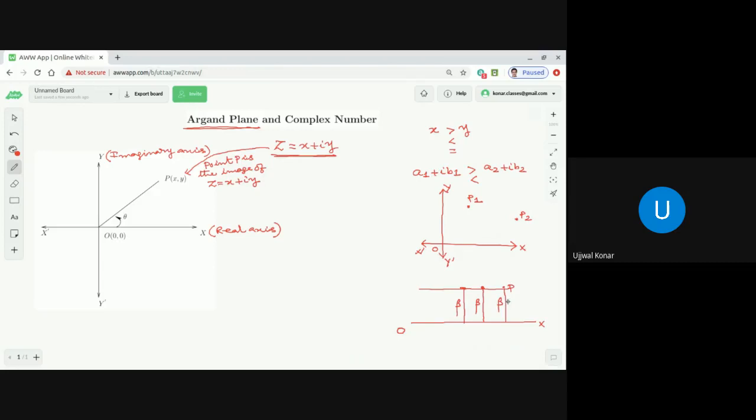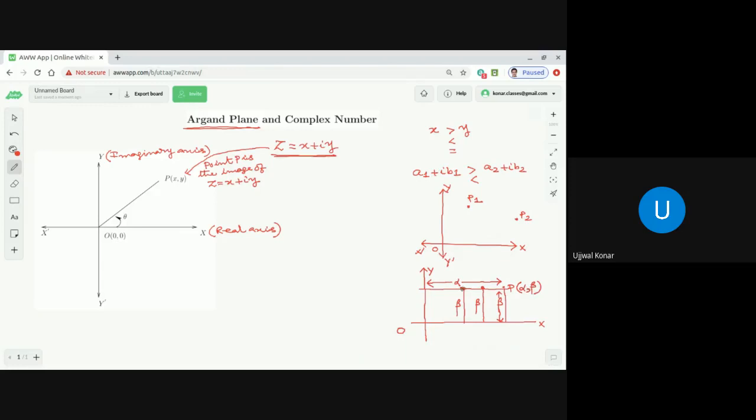Then what do we need to say? We need to say one more piece of information. And that information is that, at the same time, it is at a distance alpha units from the y-axis, which means another line perpendicular to the OX, which we define as the y-axis. So if we say this distance is alpha, correct, dear students, and this distance is beta, then it is uniquely represented. So what will be the coordinate? Its coordinate will be alpha comma beta. That is the way we know about the coordinate system, no?